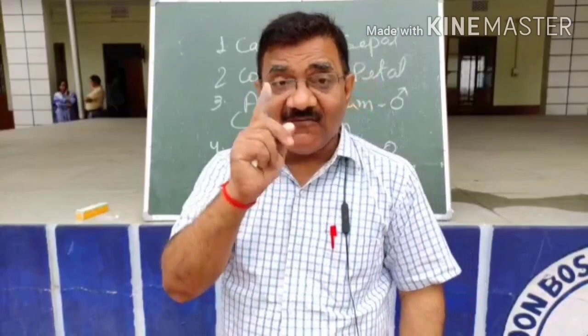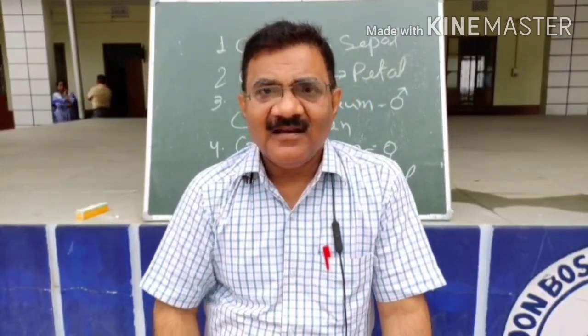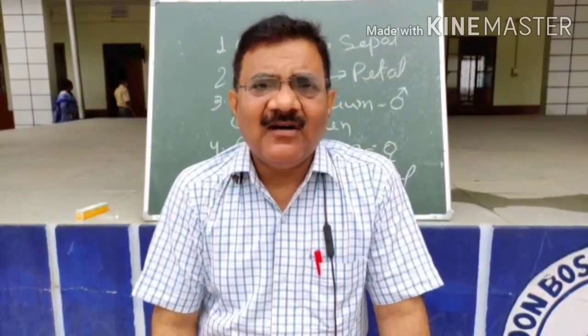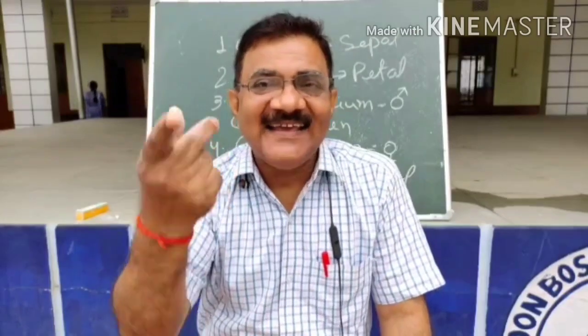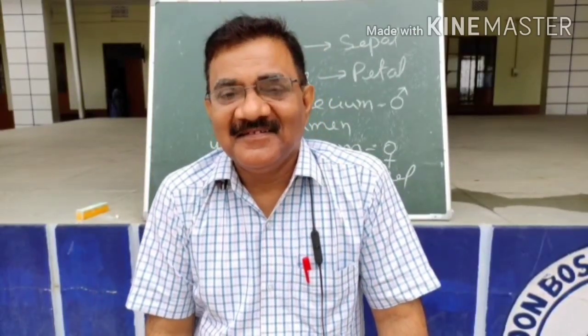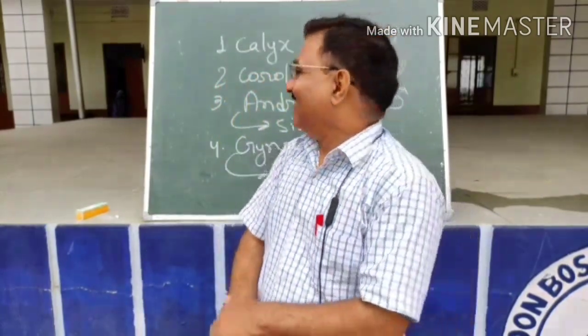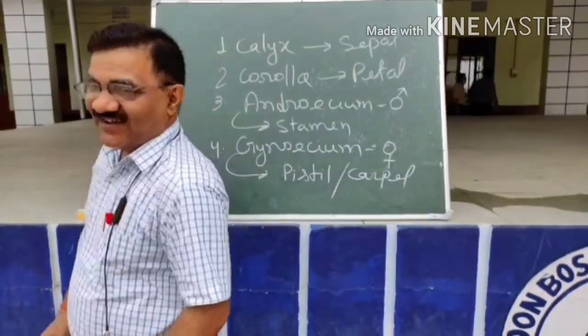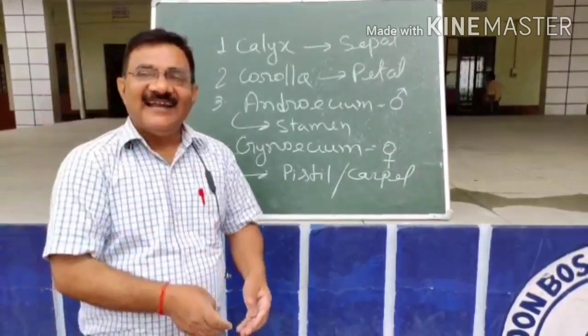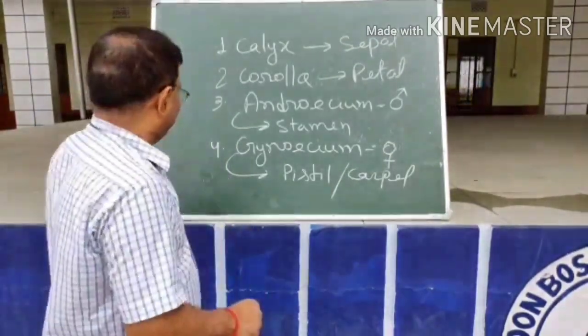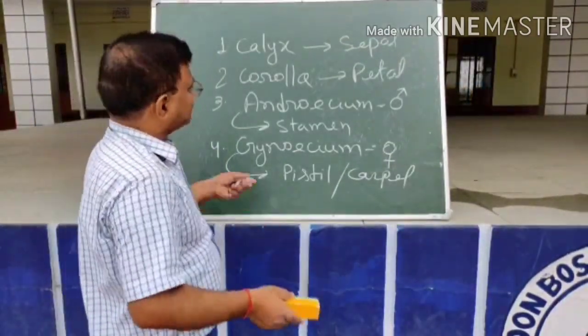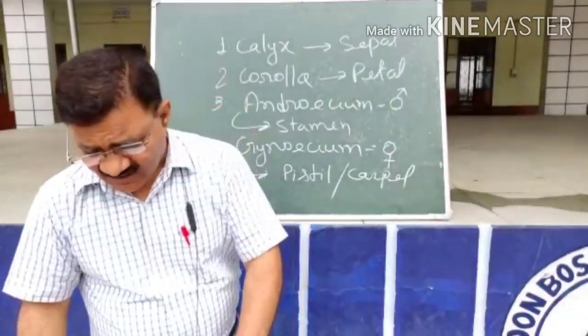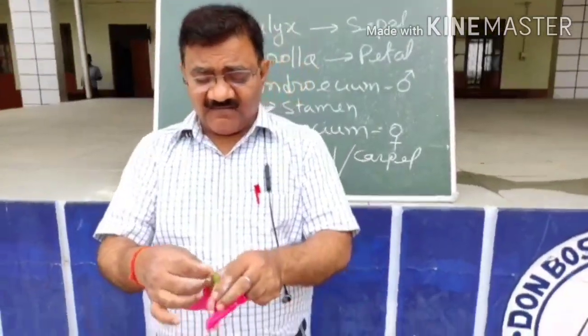There may be one question: name a flower where nectaries are prominent. Which flower? Nasturtium. Yes, Nasturtium is the flower where the nectaries are prominent. Now, dear children, this part is clear. Now, one more thing I would like to explain.